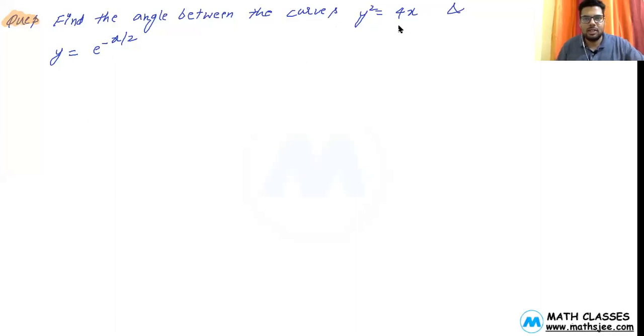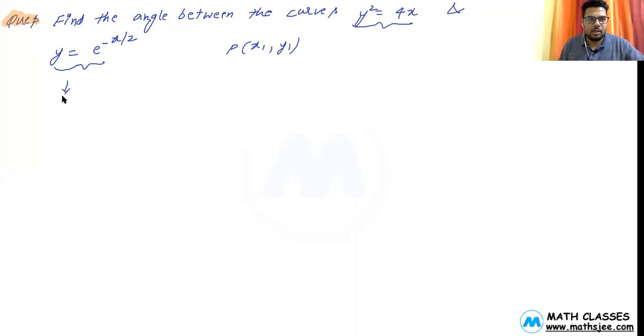So in this curve, as you can see, since we cannot find out the point of intersection, क्योंकि x को आप अलग से नहीं निकाल पाओगे, if you equate both of them, y, and you substitute y, so अलग से हम निकाल नहीं पाएंगे x को. So assume the point of intersection to be P, let us say x1, y1. Now we will try to find out the slopes.